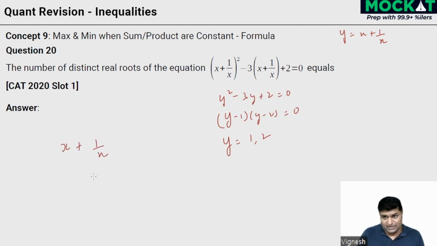Now why is this coming under this? It is a sum of two terms, and I have to see what values it can take. But what is the product of these two? The product is a constant, which is 1. When the product is constant, the sum becomes minimized when they are equal. So the sum becomes minimized when x equals 1 by x, which means x square equals 1, x equals plus 1,